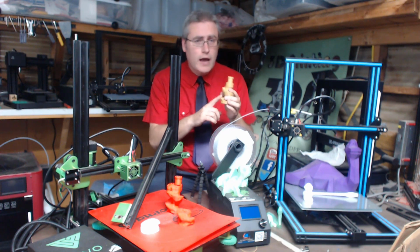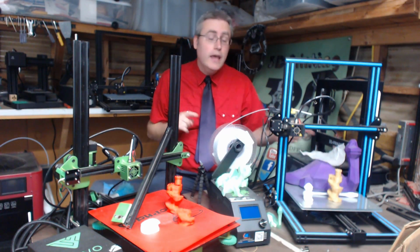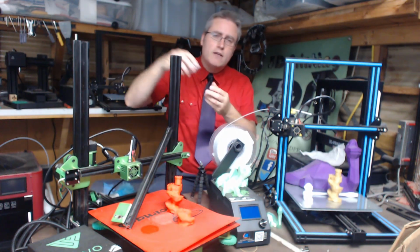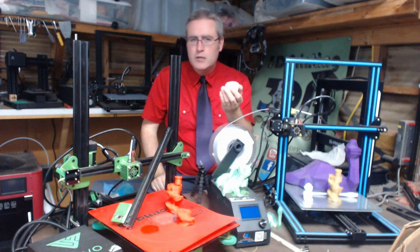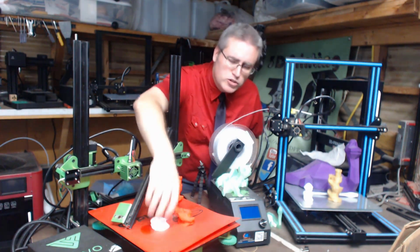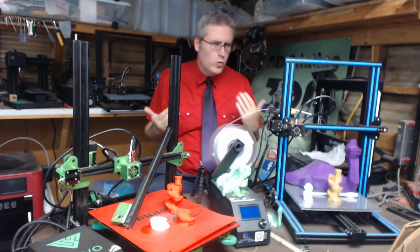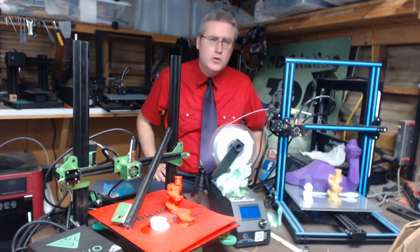Now this one I did not print on the Tevo. I printed this one on the CR-10, but later, because right now I noticed with this first print that I got from the Tevo, I barely got an inch off the build plate and I was seeing some nasty Y-axis sliding on this thing. The Y-axis was just slipping like crazy. Now I assumed at first that maybe the belt wasn't tight, but as I searched the community,